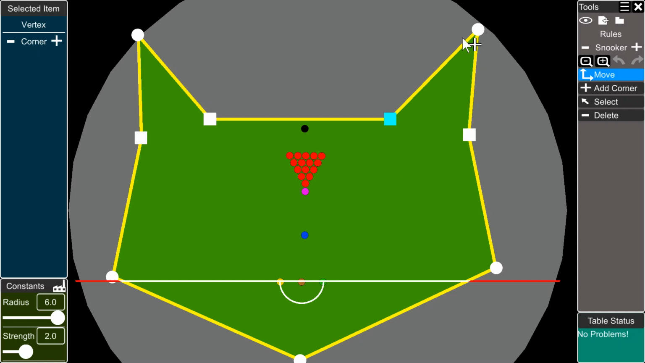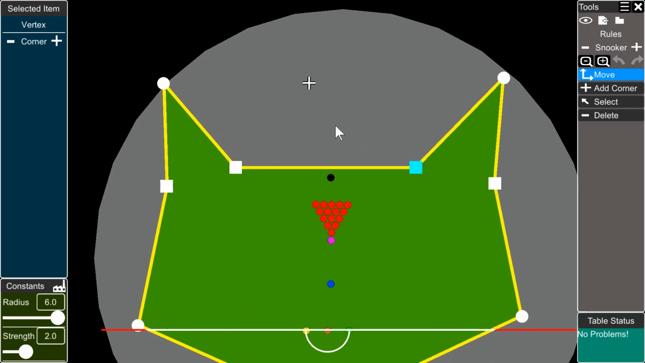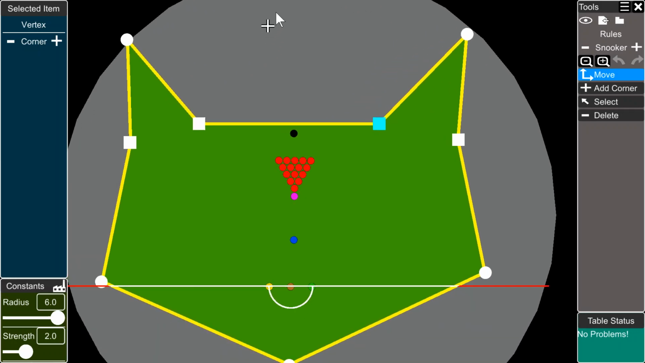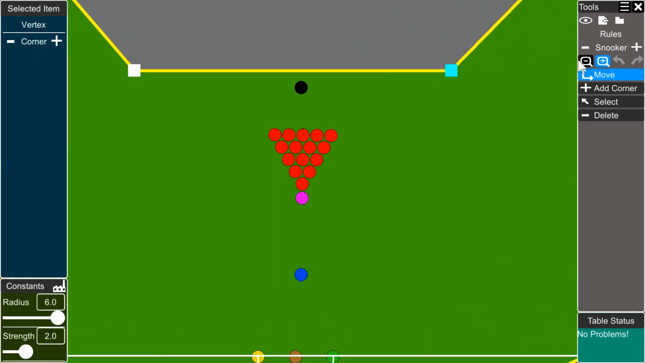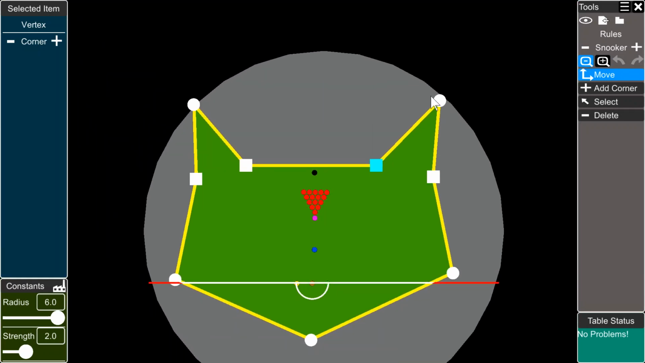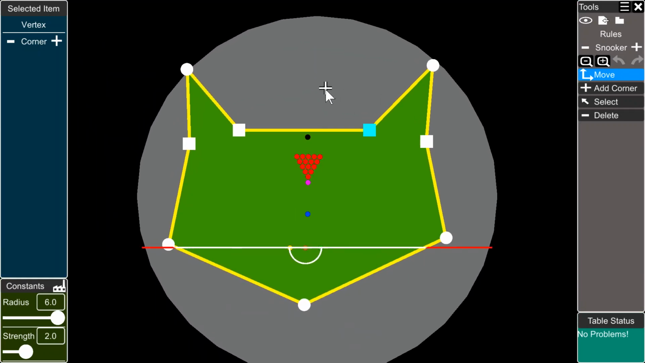And now to move around this view, you simply drag your pointer like this. And if you want to zoom in and out, you just click on these plus and minus icons here. Now the first thing you probably want to do is to move the corners of the table, and you do this simply by dragging them like this